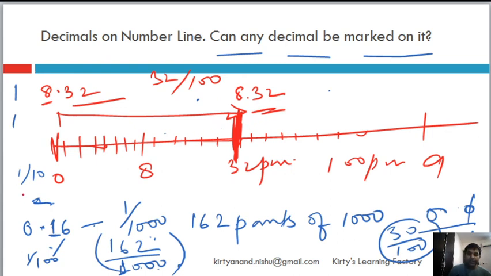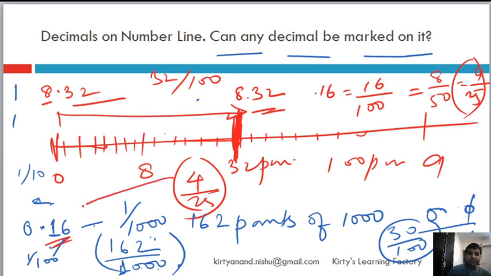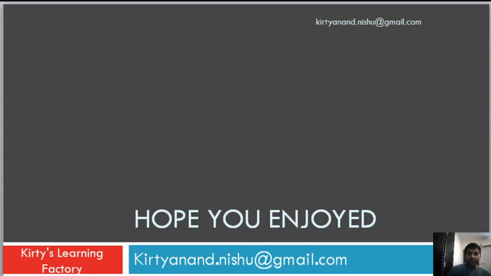And like for example, the decimal 0.16. 0.16 is equal to 16 by 100. Then we take out the common factors. We divide by 2, so it becomes 8 by 50. Again we divide by 2, it becomes 4 by 25. So 4 by 25 is nothing but 0.16. So a fraction, this is a decimal, but their values are equal. That was on the concept of decimals. It is just a way to represent fractions and vice versa. So remember that it is not something very different.